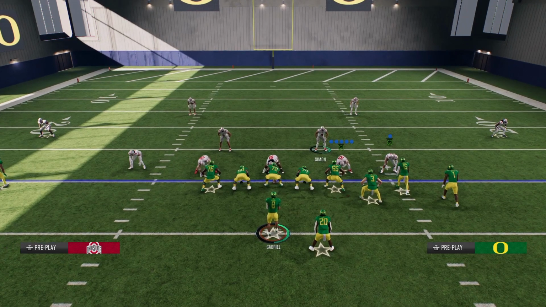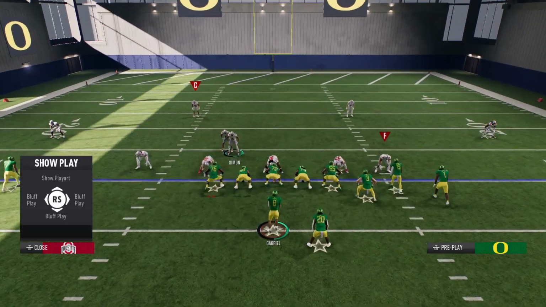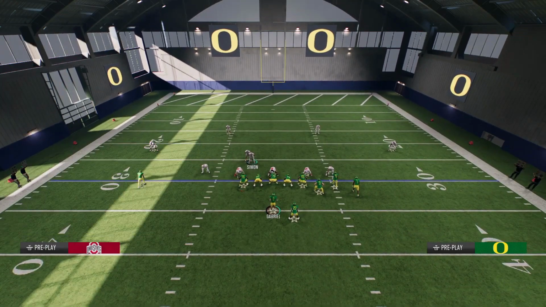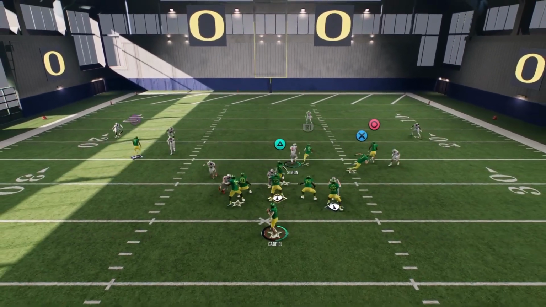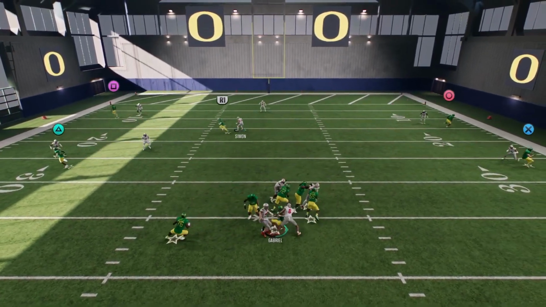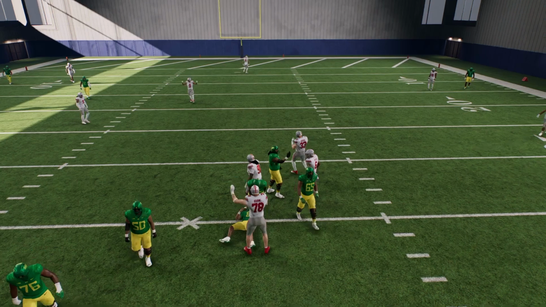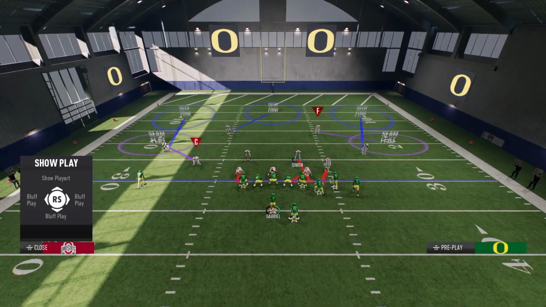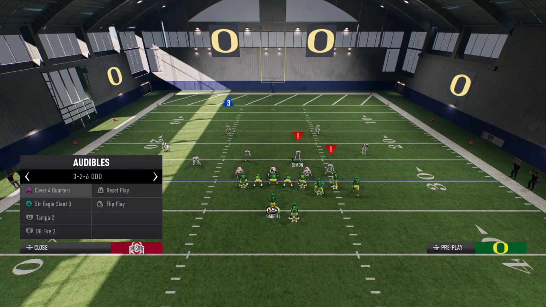And then now we're going to bring this guy over, and we're going to have this send 4. And as you see, this guy is kind of looping around, right? Really cool. Now, if I wanted to, let's say I didn't want to flip it, but I want to audible,